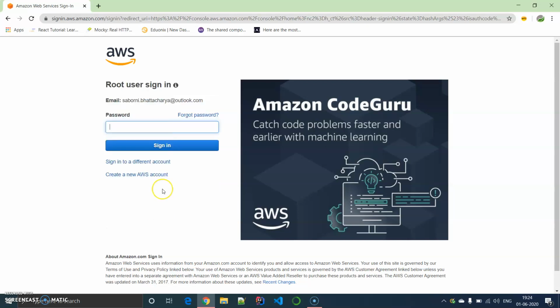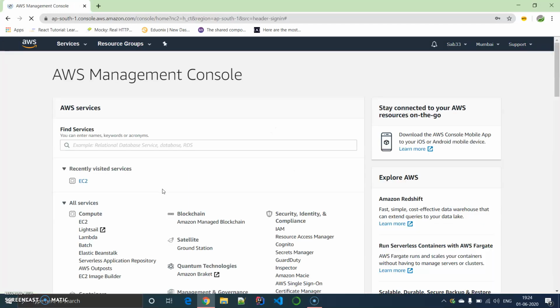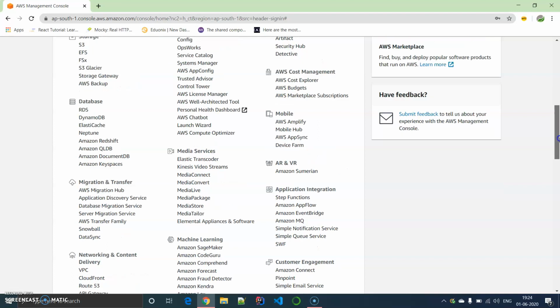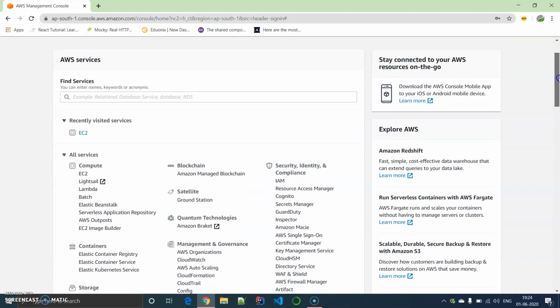Okay, after giving the password, I will be guided to the console. This is the landing dashboard of AWS, where you will be able to see the different types of services provided.